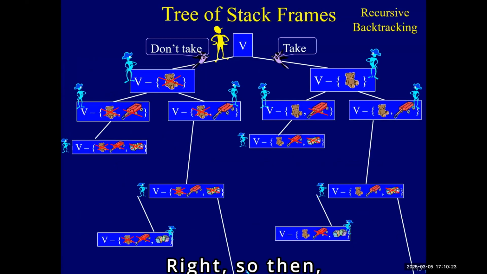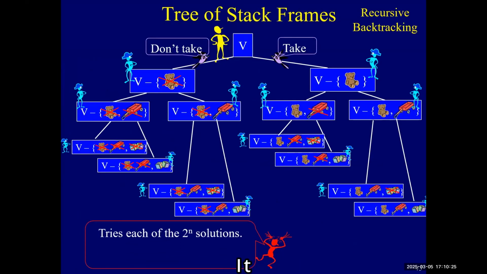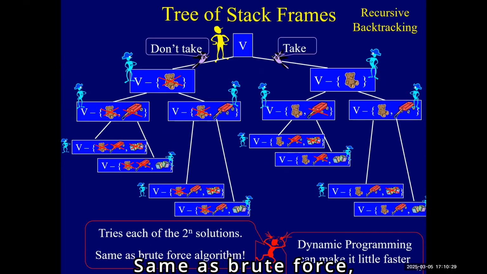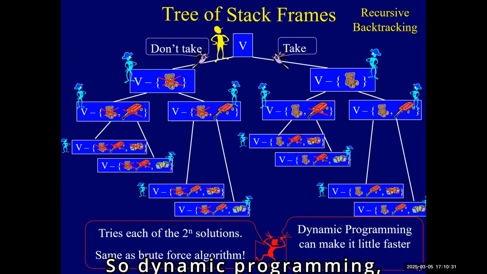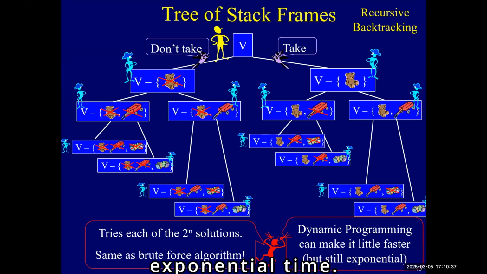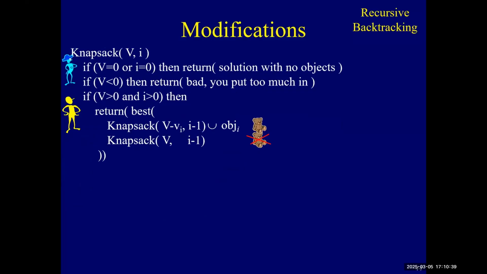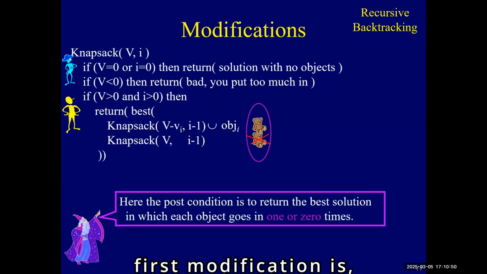Right? So then it tries all 2 to the n solutions. Same as brute force. So dynamic programming, which we'll do next year, makes this a little faster, but still exponential time. So then we have various modifications. Everybody get that so far? Right? So let's try to do some modifications. The first modification is